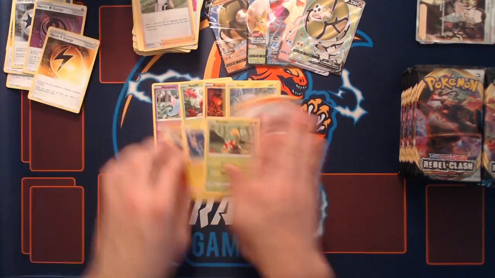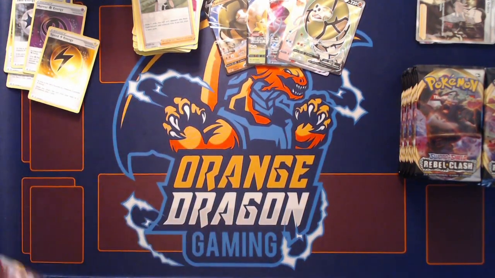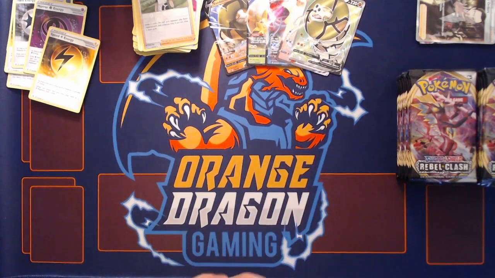I mean, you still have the sheer factor that we have supporter synergy with Eldegoss and Mewtwo and Scoop Up Nets along with Boss's Orders, which is kind of sickening, because that's just reminiscent of the...